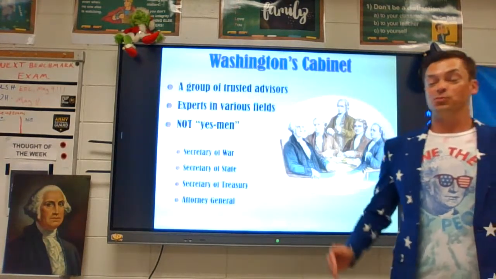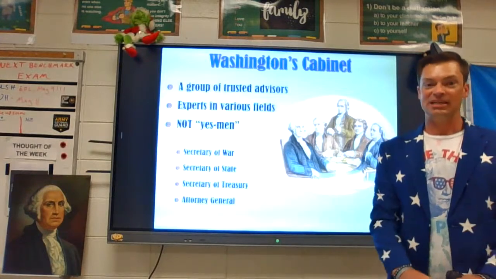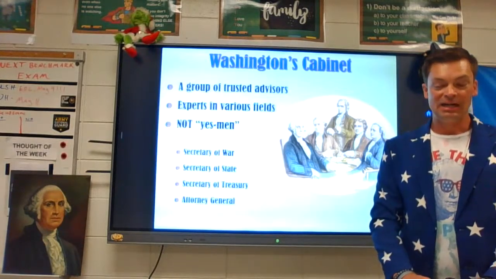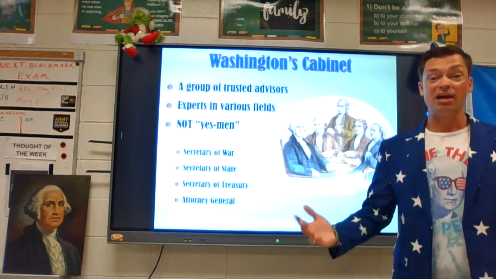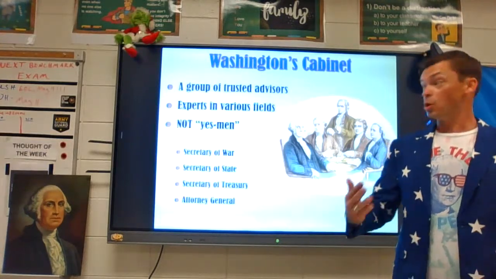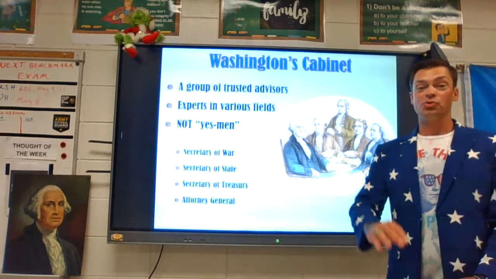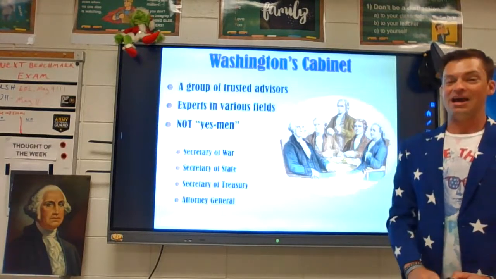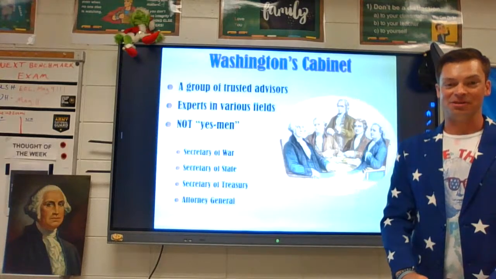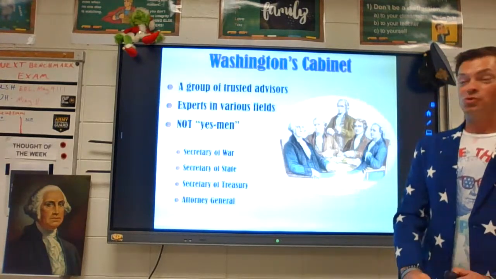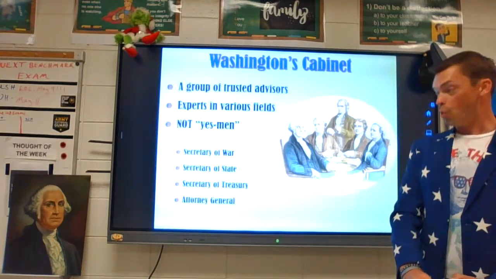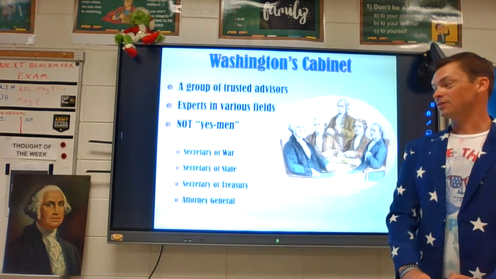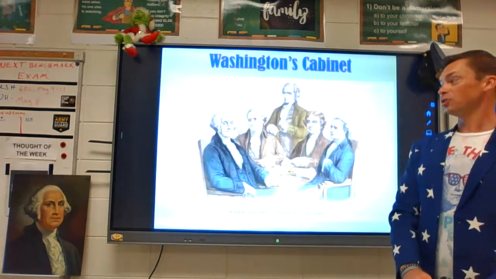Washington did not assemble a team who's going to agree with everything he said. He actually assembled a team of rivals, men who were of opposing ideals. So George Washington's cabinet starts with four men, and hang on to that because I'm going to show you what today's cabinet looked like. It's more than four. George Washington's cabinet started with the Secretary of War, Secretary of State, Secretary of the Treasury, and the Attorney General.